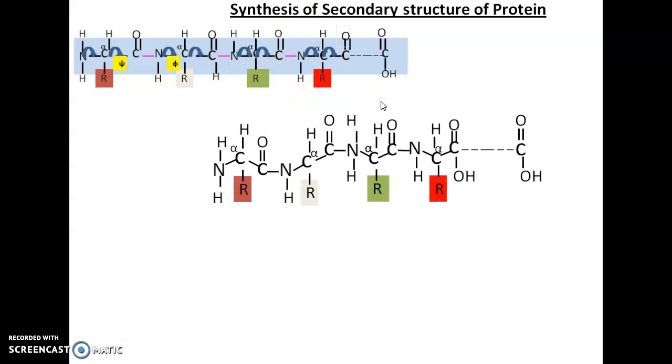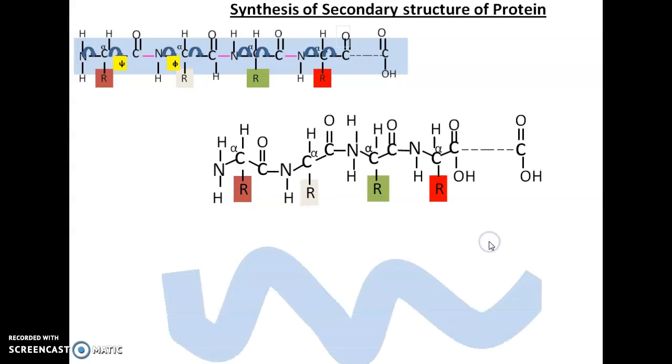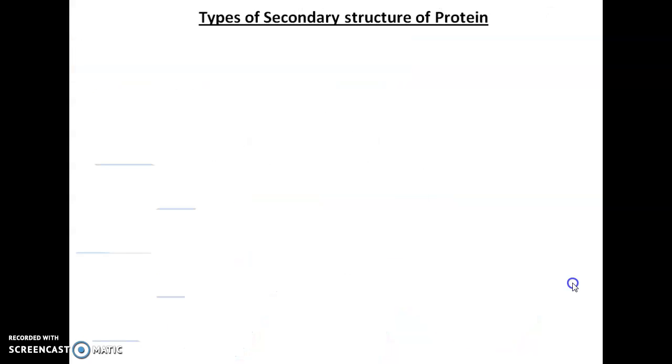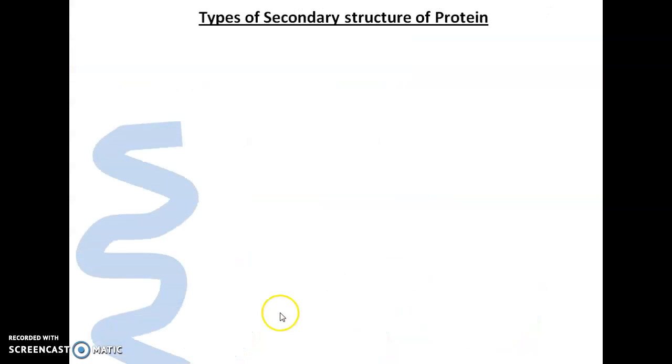this rotation leads to conformational changes in the primary structure of protein. A linear polypeptide chain may get altered on the basis of the rotation that takes place around phi and psi. This leads to the formation of a different, curvy structure, different kinds of conformation. The disturbance of the atoms that are present around the peptide bond leads to different conformations of a linear polypeptide